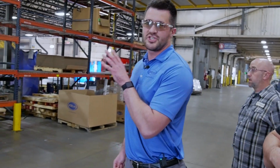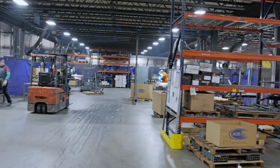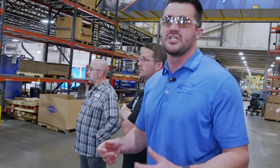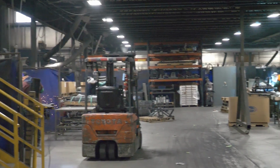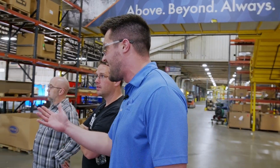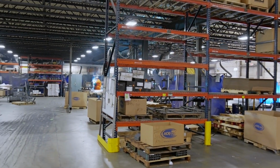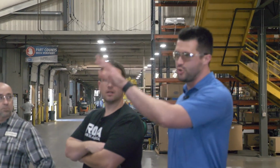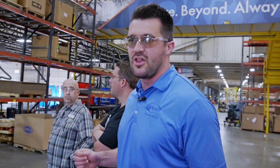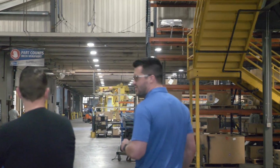So this over here is our specialty welding area. What happens here is it's a lot of RV parts, a lot of components that are going to end up being outside kitchens, bed lifts, bed mechanisms, things that you see on RVs. But shoot, in the overlanding space, we do a lot of outside kitchens for Paws project. A lot of them will end up in this area. Again, upstream parts from fabrication to welding, tight tolerances, get you a better product. If we go just to the right here,